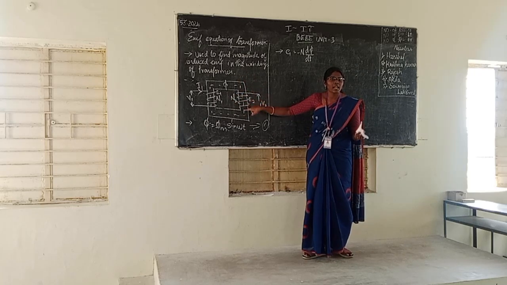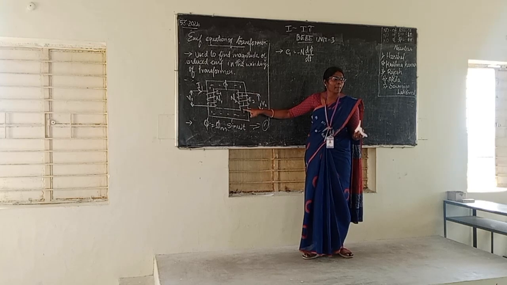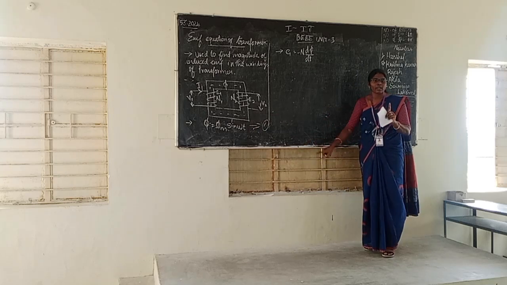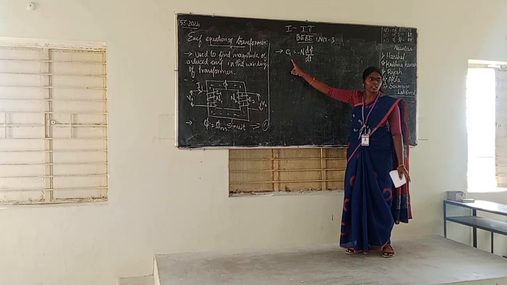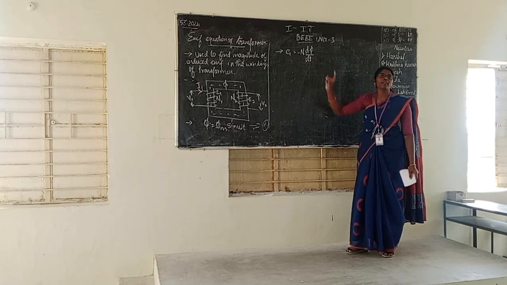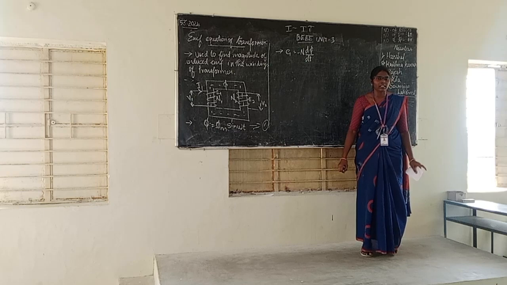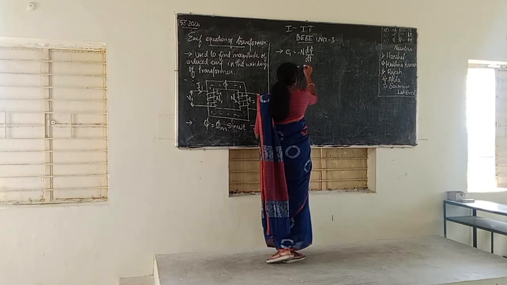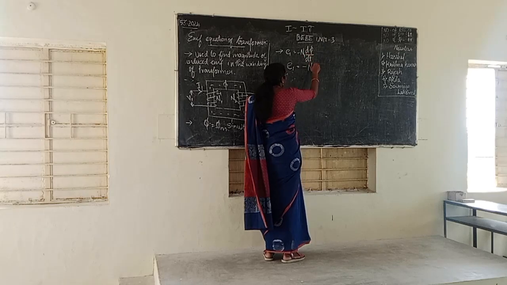Again, some induction principle will apply here, based on the N2 number of turns. First I am considering the input side, the primary winding. The induced EMF E1 is equal to minus N1 into dφ with respect to changing time dt. So we can write E1 is equal to minus N1